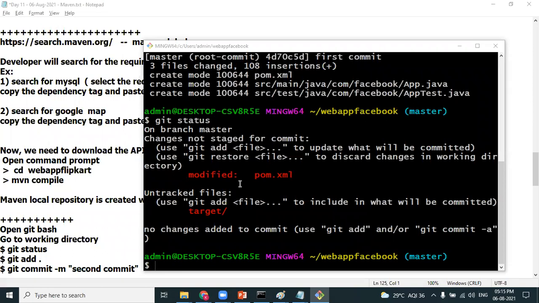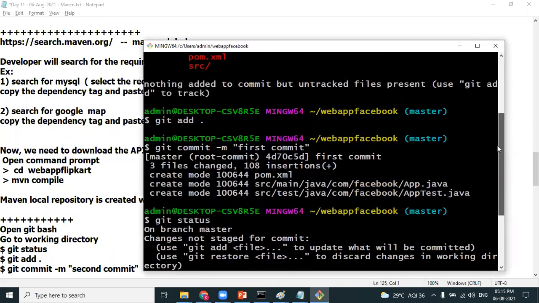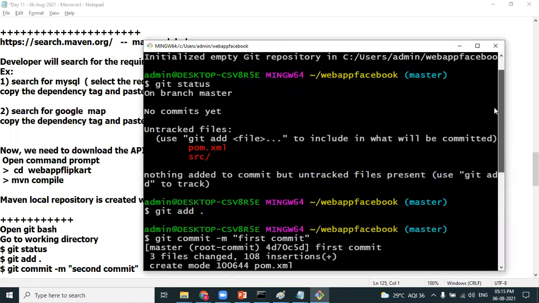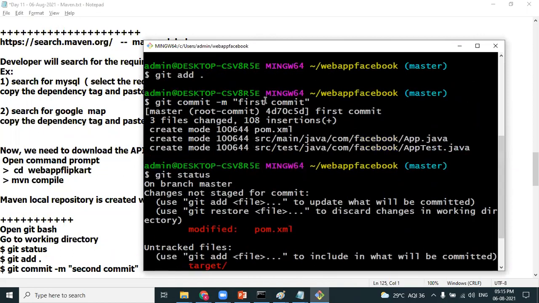We have to remove that dependency tag from the dependencies in pom.xml and recompile. But anyway, it is downloaded, right? Yeah, we can go to the target folder, look for the downloads, and remove them. Or, before modifying the pom.xml file and before downloading, we created a commit called first commit, isn't it? You can roll back to the first commit.